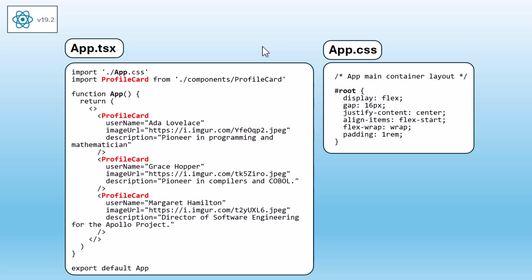for each person. On the right side, we have the app.css file, which sets up the layout of our main container. We use a flexbox design so the profile cards are aligned neatly with spacing between them. The justify content and align items rules help keep everything centered and visually organized, while flex wrap allows the cards to move to the next row when the screen is too small. Overall, this small example demonstrates reusable React components and how styling can be separated using CSS to control layout and